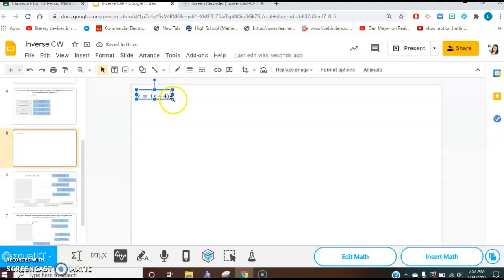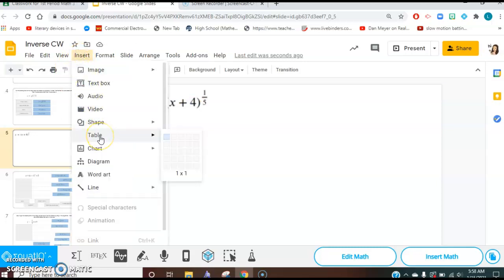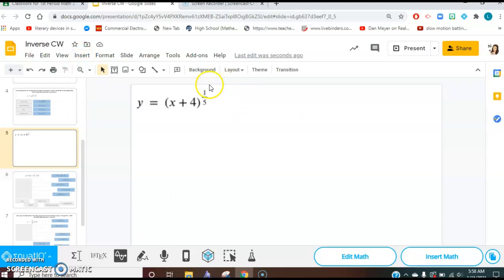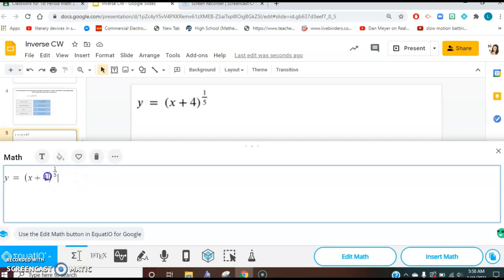All right, so you do have questions that are kind of looking like this in Desmos where you have to find the inverse. So I just want to show you a little bit more what that means. So when you have an exponent, I went over this in the video, but I just want to reiterate it again. An exponent that looks like a fraction can rewrite as a radical. It can rewrite as a root. And whatever number is in the denominator tells you what the root is. So I can rewrite this same equation